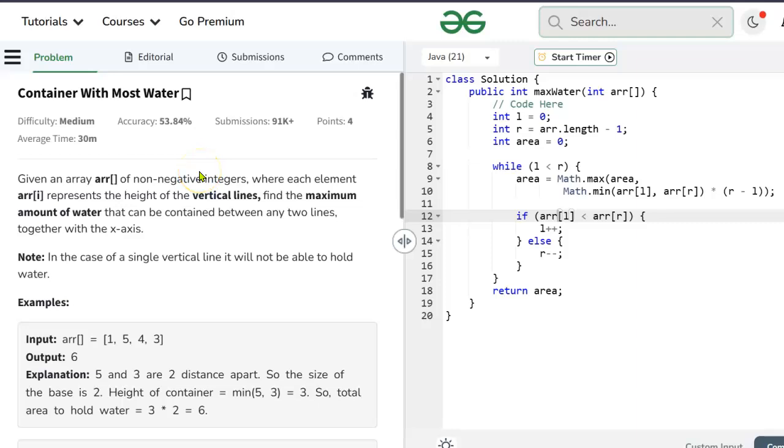Today's problem is container with most water, difficulty medium. This is a pretty common question. It's good to know